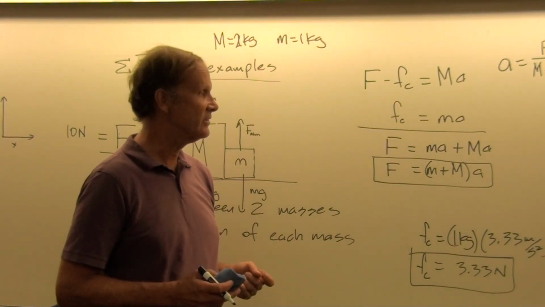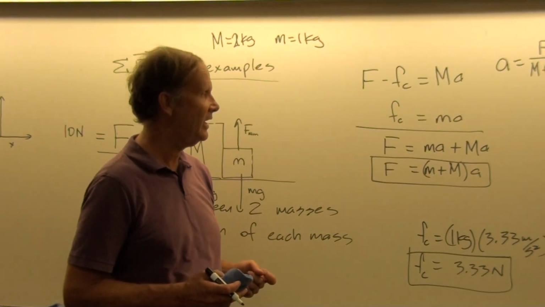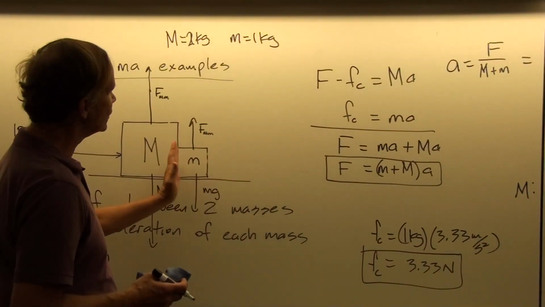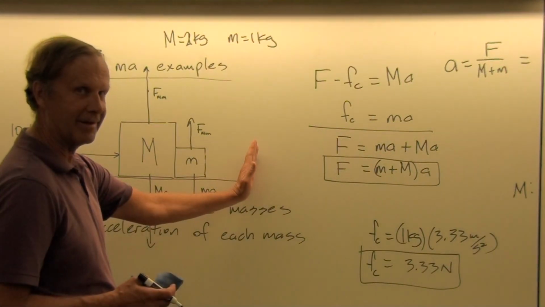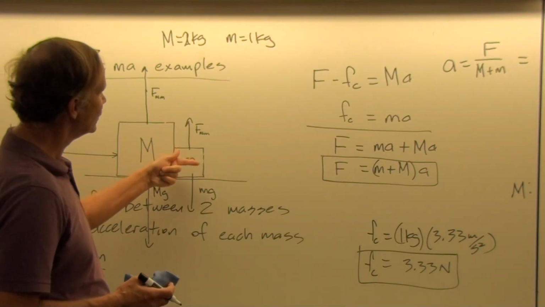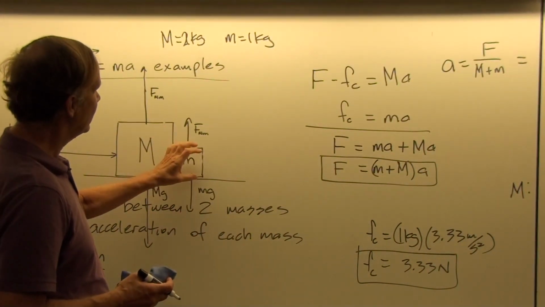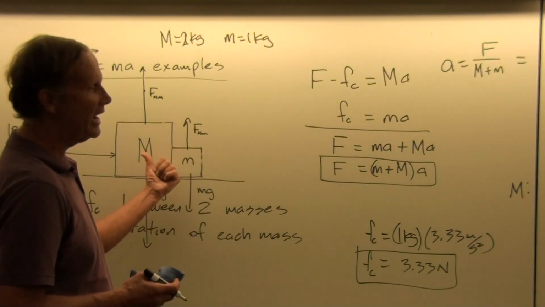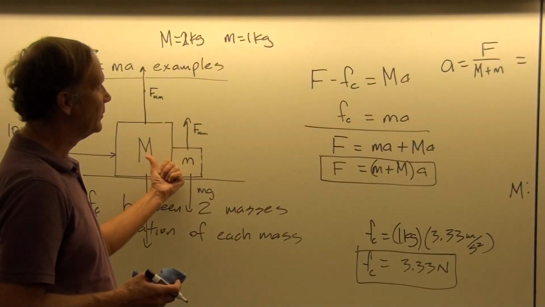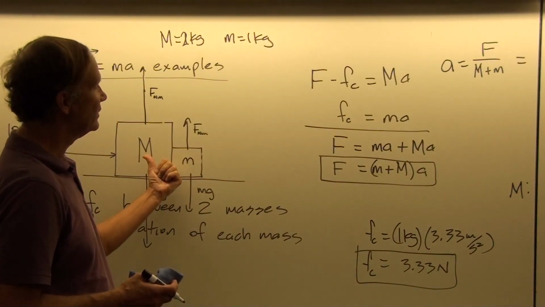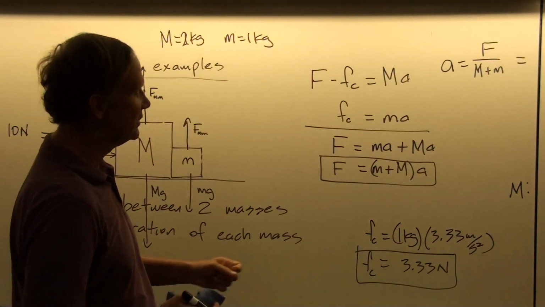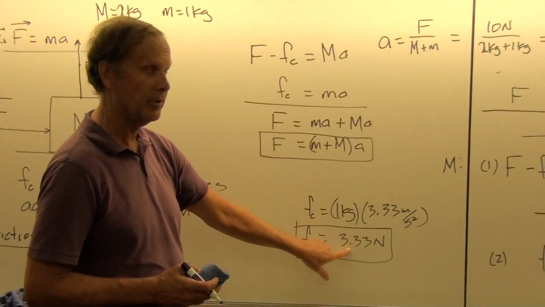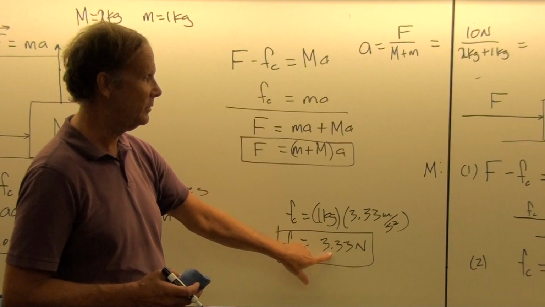The answer is yes, it would change the contact force, because the big mass only has to push a smaller mass up along here. And so that means it doesn't have to push as hard on little m. But if little m was first, then it would have to push much harder on big M, and then big M would have to push back with an equal and opposite reaction force to resist that. And so it turns out the contact force, and you can double check this by working that problem out, would be double what it is in this problem.